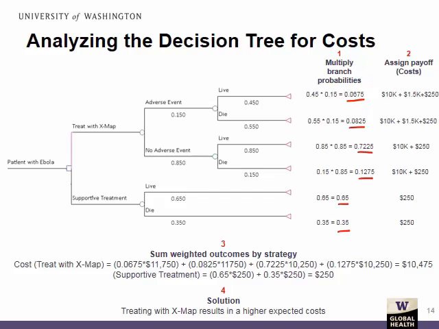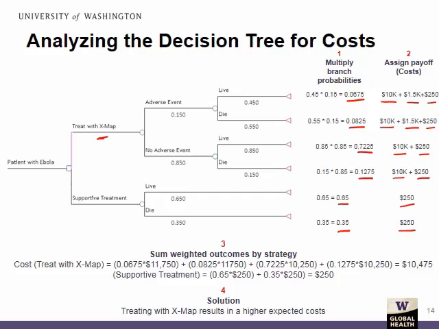So we have this $10,000 here, and it reflects the cost of XMAP right here. So for every branch that has XMAP, we have $10,000. For every branch that has an adverse event, we have an adverse event cost, and that's those two branches. And for every branch in the model, we have $250 for the costs of supportive treatment, which includes things like